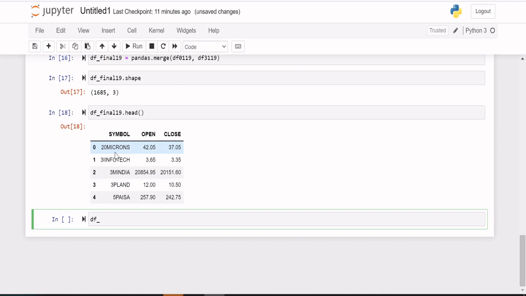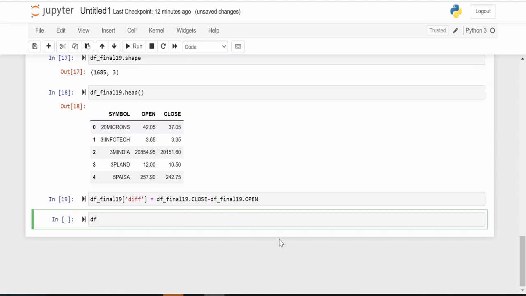df_final19 of diff equal to df_final19.close minus df_final19.open.